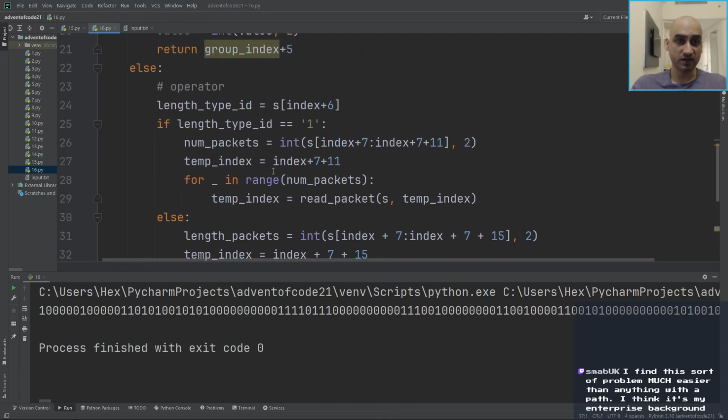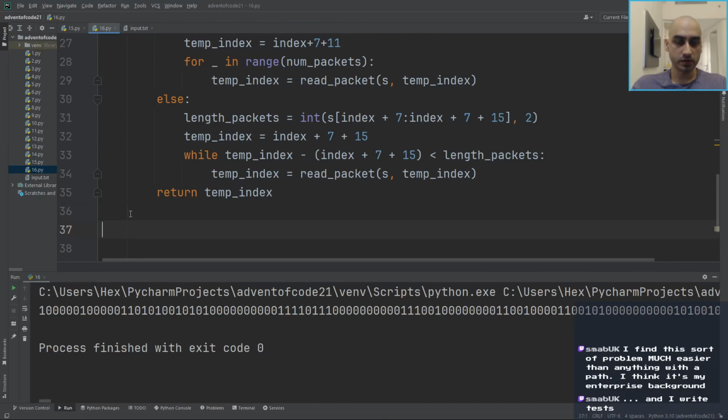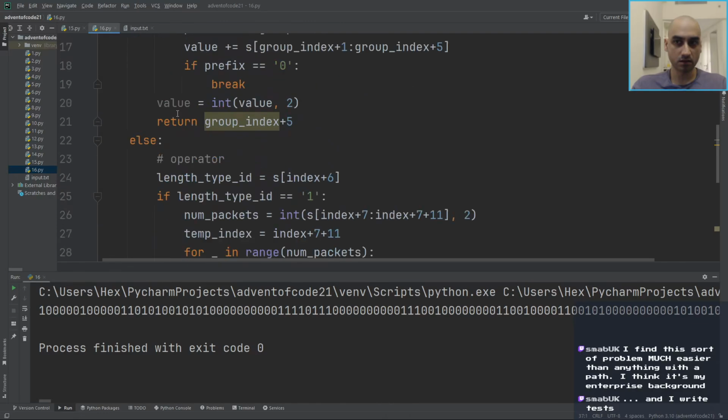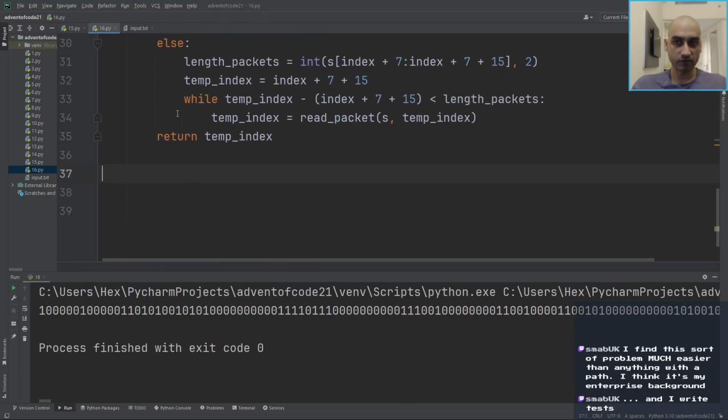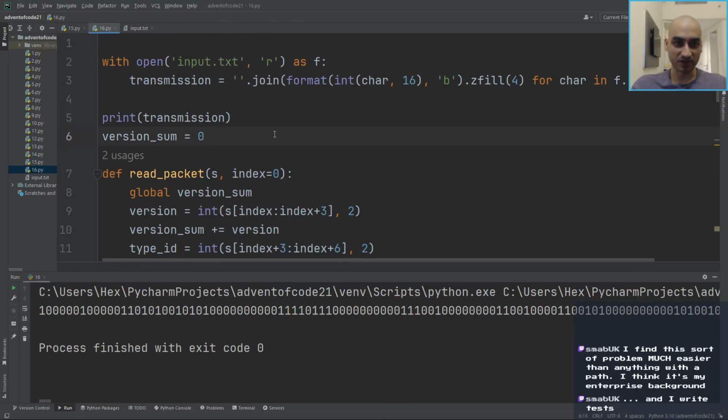Well, I guess we'll see if I got it right. Transmission. So the transmission's in binary. There may be zeros at the end. And I write tests. Yeah, tests definitely help. Something I never do in Advent of Code, but